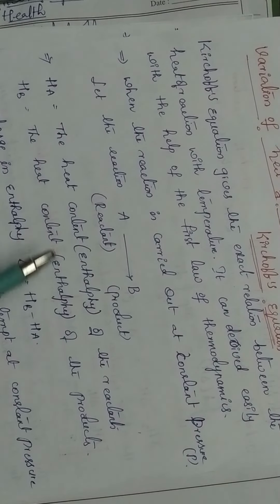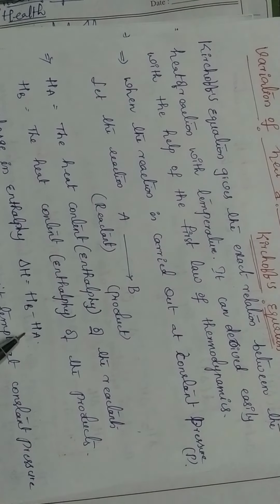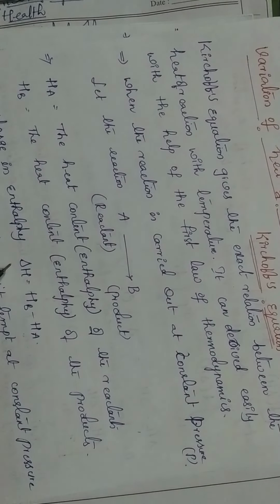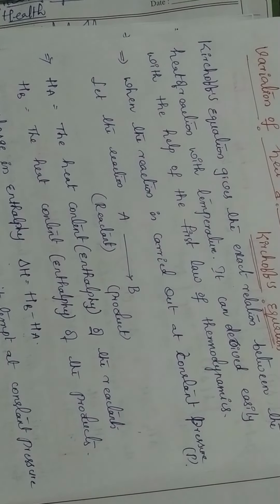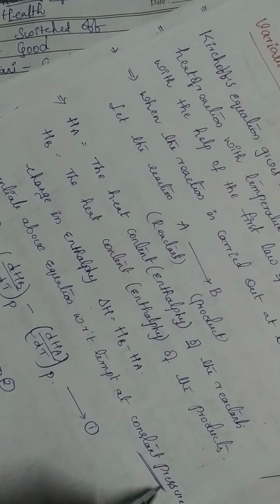So what is the change in enthalpy? The change in enthalpy, delta H, is equal to HB minus HA, that is the product enthalpy minus the reactant enthalpy. It gives the change in enthalpy, that is delta H. So if we differentiate the above equation with respect to temperature, and the condition is at constant pressure,